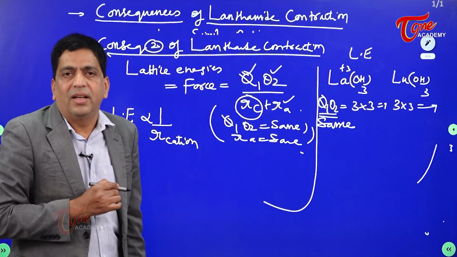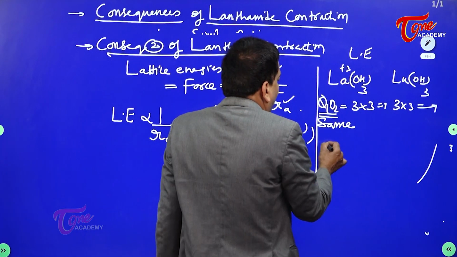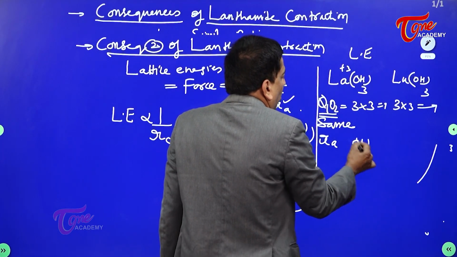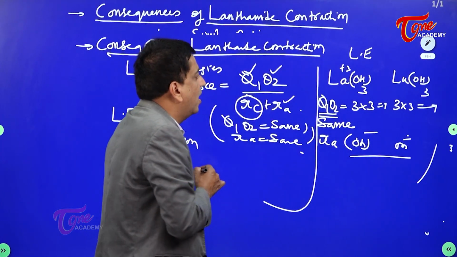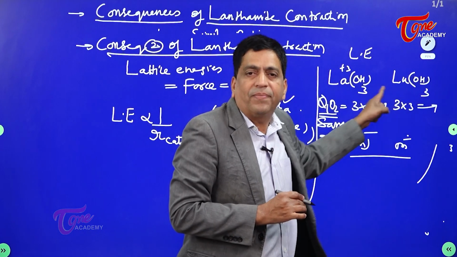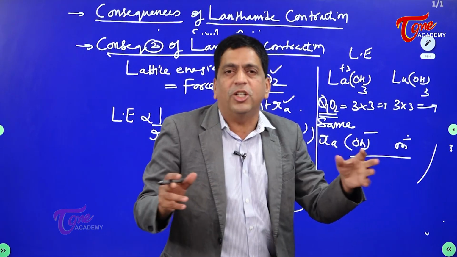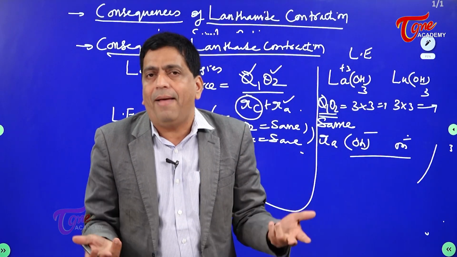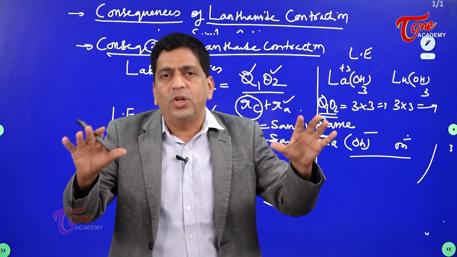Basically same. Right? And the radius of anion we need not consider, because the anion is OH minus in both the cases. So there is basically nothing. The radius of anion is the same. The only variable thing is the radius of cation, that is lutetium and what? Lanthanum. So in such cases where Q1, Q2 is same,